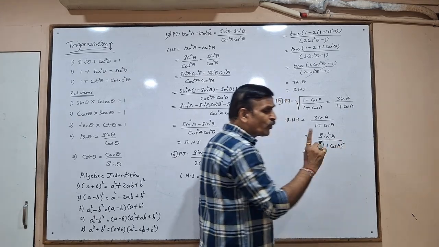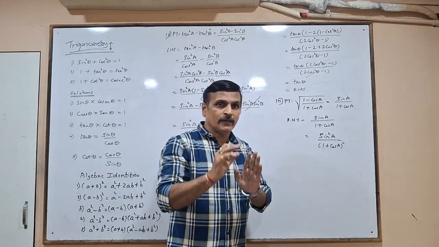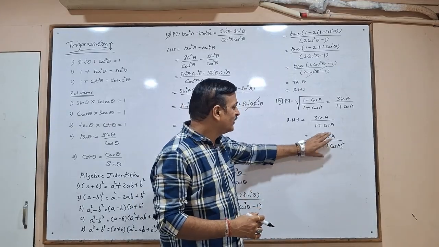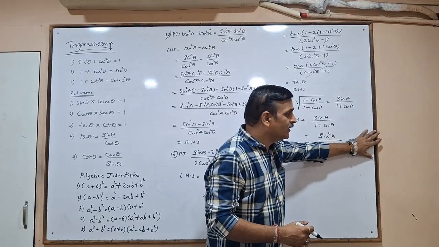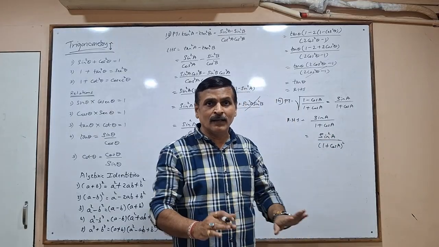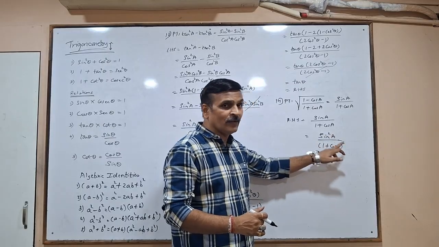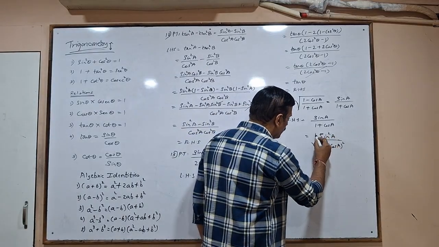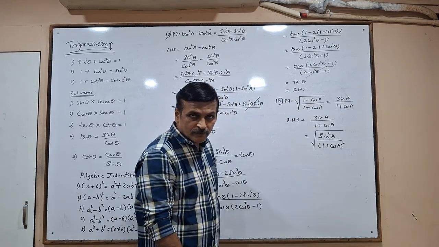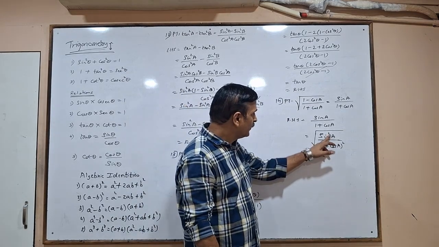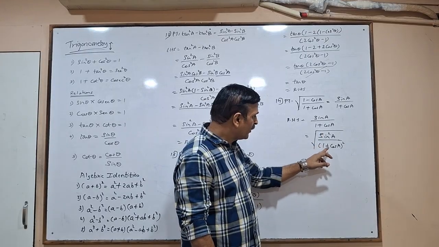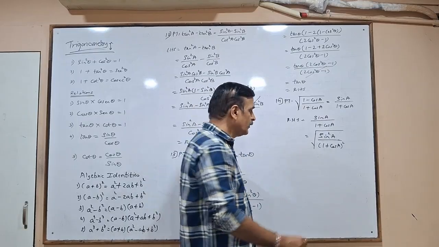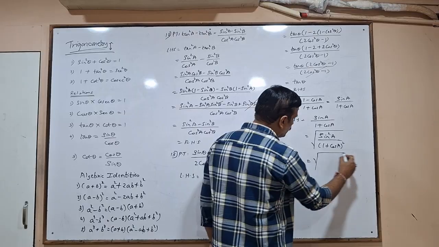See, I am not allowed to square a single term. Squaring is only possible when I say squaring both sides. There is no side here, only a single term. Equate that side to a term and then square both sides, great, that is allowed. But here I am squaring a single term. This I will only do when I square and I also write a square root, because square root of a square is sin A. Square root of 1 plus cos A the whole square is 1 plus cos A. Please remember this. So now I have achieved the root which is desired in the question.